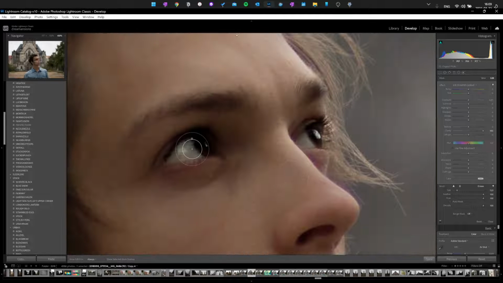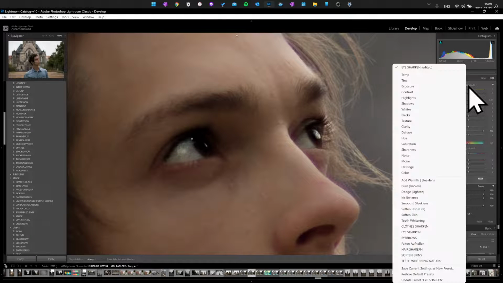The problem is that many people don't have just white eyes, but you actually have blood vessels in there, and these then also kind of pop, and you then have to edit them out and do different things and maybe copy stamp. So that gets very complicated, and this is not something we want to do because we want to keep things simple. So now the next thing we want to do is to sharpen up